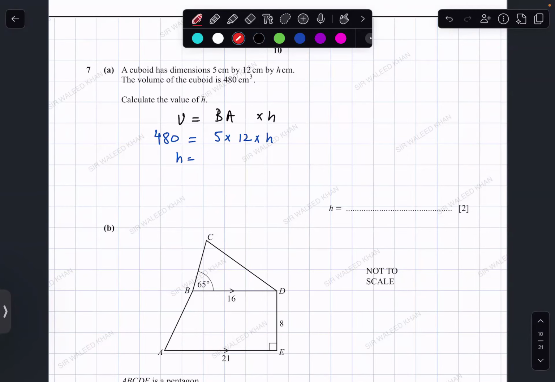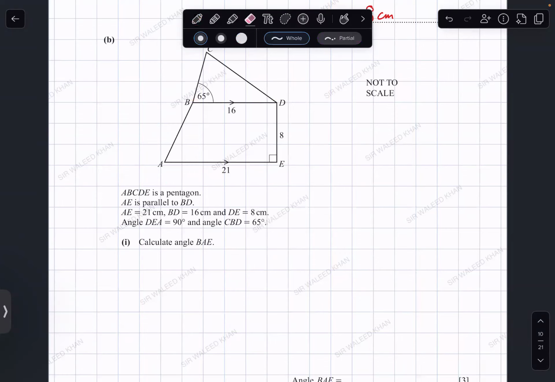AE is parallel to BD. So this makes it a trapezium, right? And the angles are given, the lengths are given. Calculate BAE. This angle over here, BAE. Now to figure this angle out,